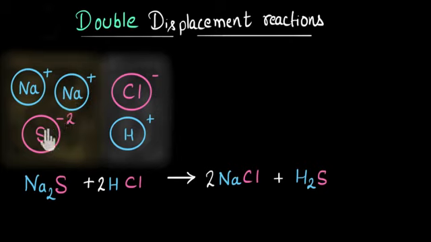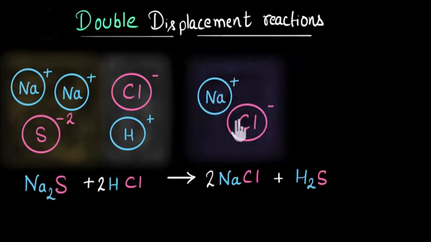And they will be attracting each other because we know that opposite charges attract each other. But if to that solution I also add a solution of HCl, meaning now I also have H+ ions and Cl- ions. Now see, sodium has no reason just to be attracted towards sulfur. Now it also sees that there are Cl- ions. So some of the sodium will also get attracted to the Cl- ion, and we will have sodium chloride being formed, which will look something like this, NaCl.